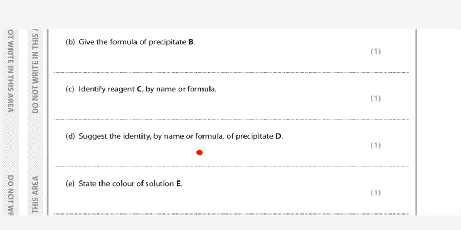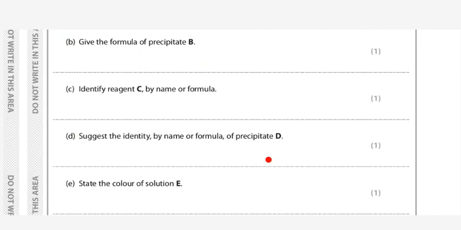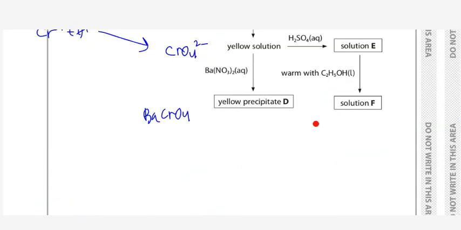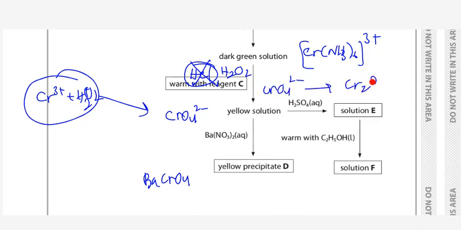The precipitate D is barium chromate. Barium chromate. And name the solution E. Now here, what happens is that in the presence of acid, this is actually oxidation. It should be hydrogen peroxide. But in the presence of acid, the chromate turns to dichromate. Remember? That happens when you just add acid. Solution E is dichromate,